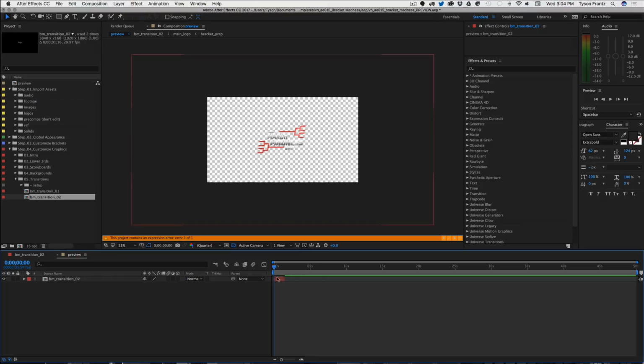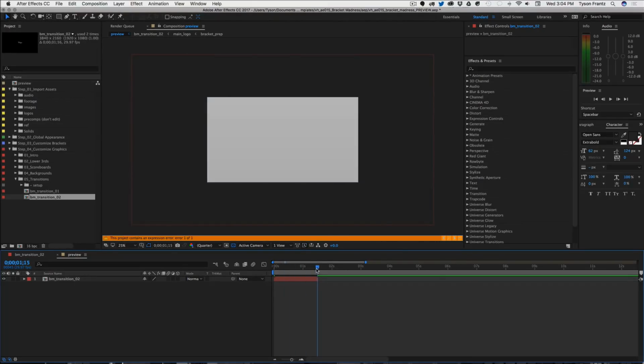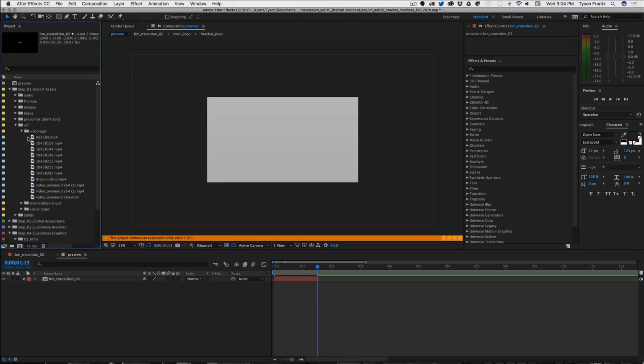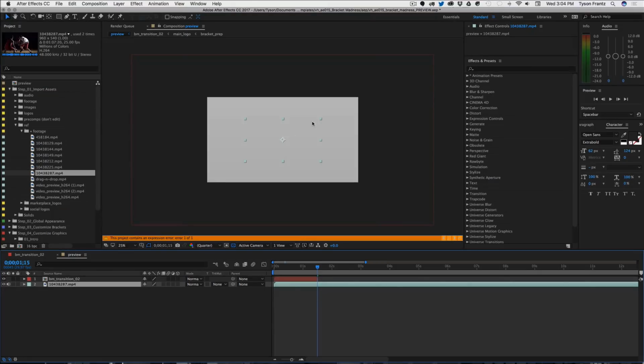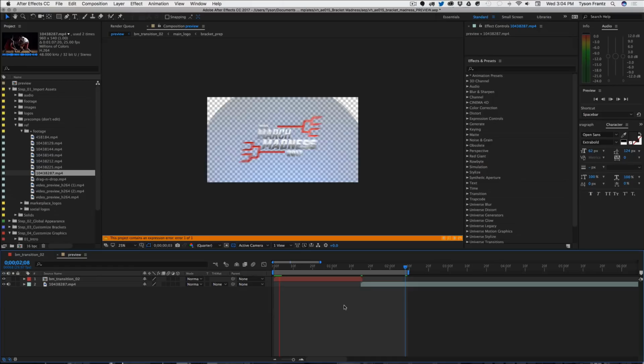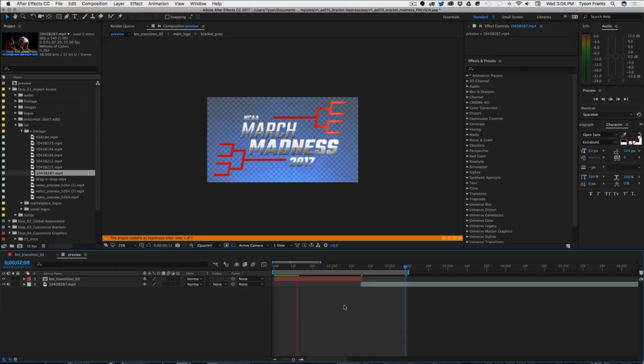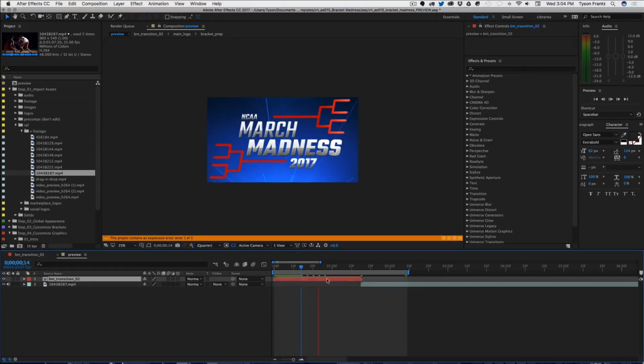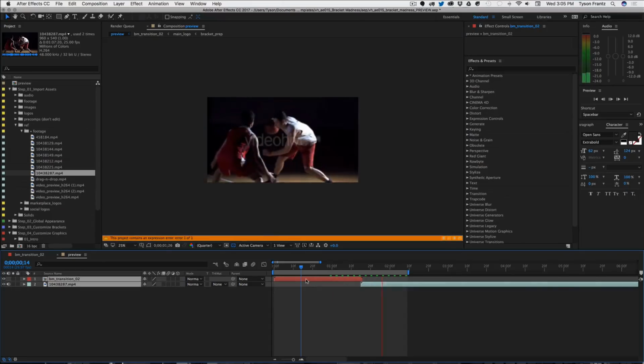So transition 2, just to show you how it works. So the final frame is light gray. So the next frame will be blank, which is where you want to place the beginning of your next video. So let's see what we have here. We'll just grab a clip, scale that up. Okay, so put the beginning of our clip there so that when the animation ends, we'll see here. Actually, what I'll do is I'll put another